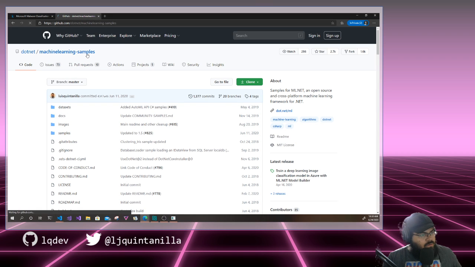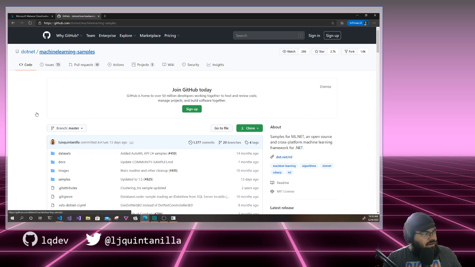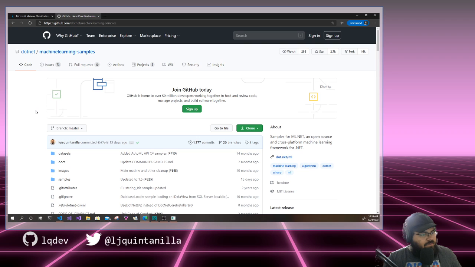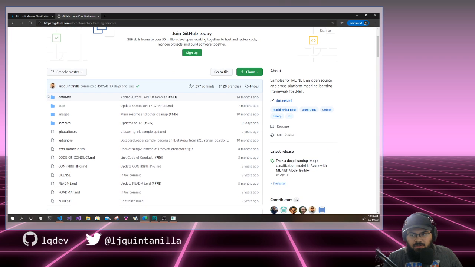And GitHub looks completely different. I don't know if you folks have gotten a chance to go through GitHub, but it looks very different. It's still taking me a while to wrap my head around. So if we are here in the machine learning samples,